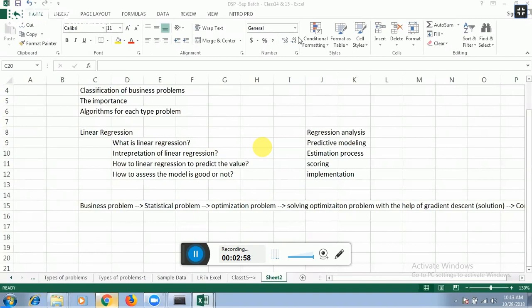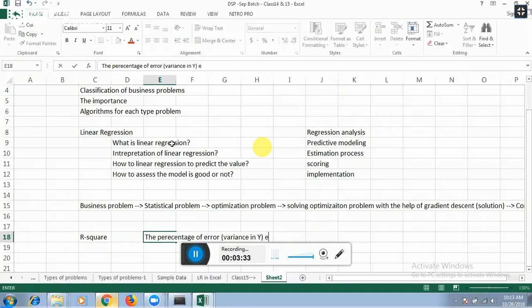So we had this concept of R square. So when we got 75, if you're interpreting it, can we say that 75% of the times we're able to predict the value? No. 75% of error you're explaining with the variables x. So that is exactly the R square definition, something which I was referring to: the percentage of error explained. When I say error, I mean the variance in the y explained by your x variables,